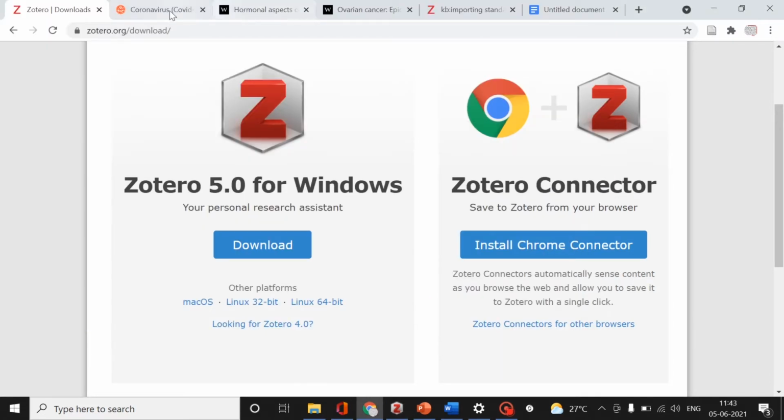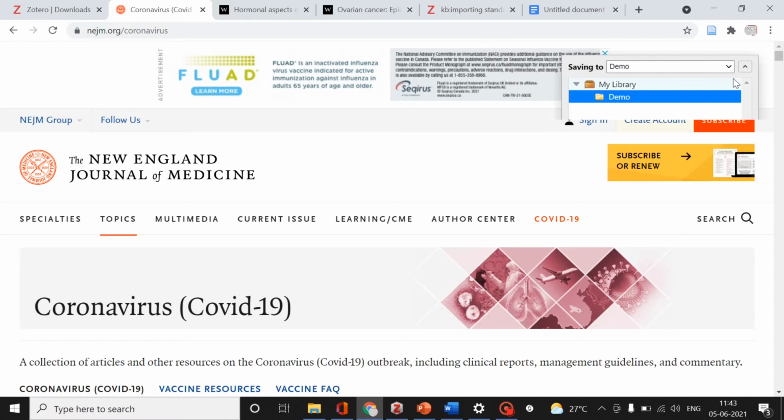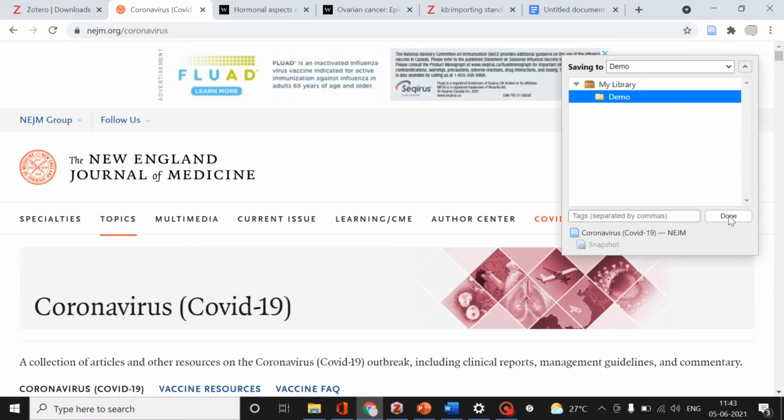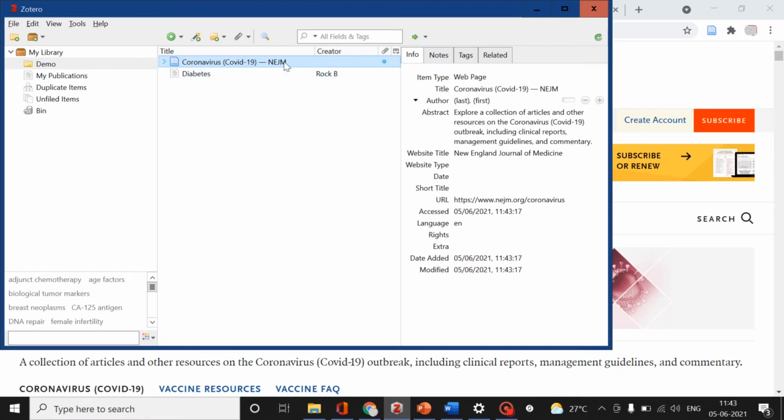So the second method is using this Zotero connector. So after opening the web page of the journal which you want to cite, you just have to click on the page, the Zotero connector which is present here. So it will appear here. So if you click on this and click done, then automatically for this way of importing you need internet. So automatically it will appear here. The citation has appeared as a web page. All the details has been extracted from the web page and it is displaying here. So this is a second way and this needs internet.